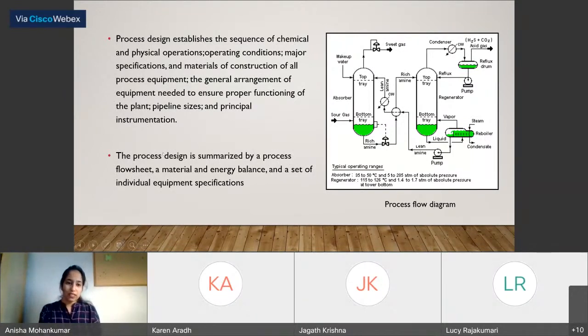In process design, we plan everything. We plan that so many equipments are required, all the equipments are designed with this material, and these valves are to be present. Everything is decided, and at the end, for us to show it to somebody else who doesn't know designing, or the person who manufactures all these equipments,